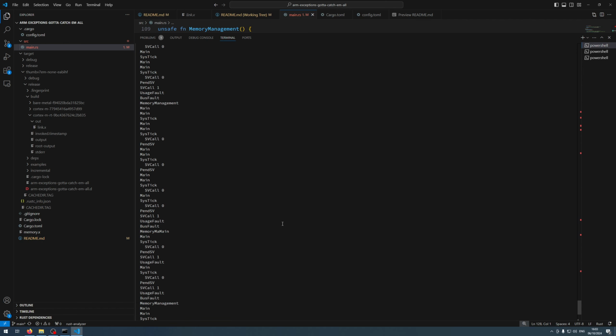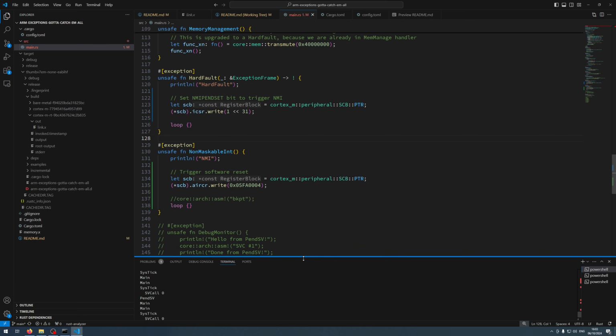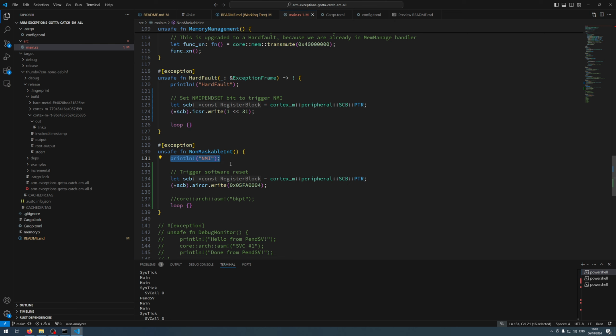Okay, I think we're losing data. Yeah, so these prints, they're using RTT under the hood, and that's a communication protocol used by the debugger to transfer data from the microcontroller to the host, to the system, and that's